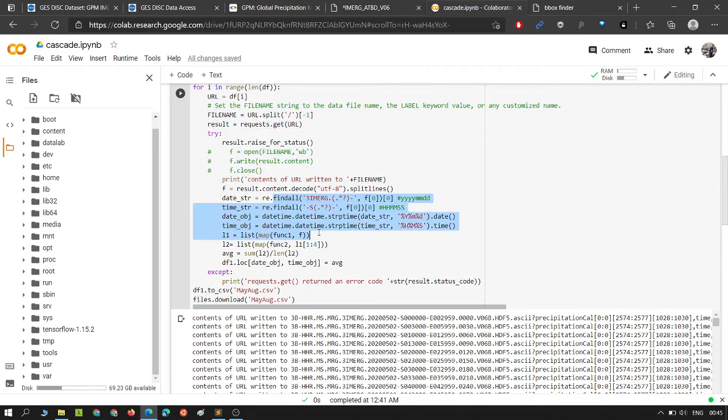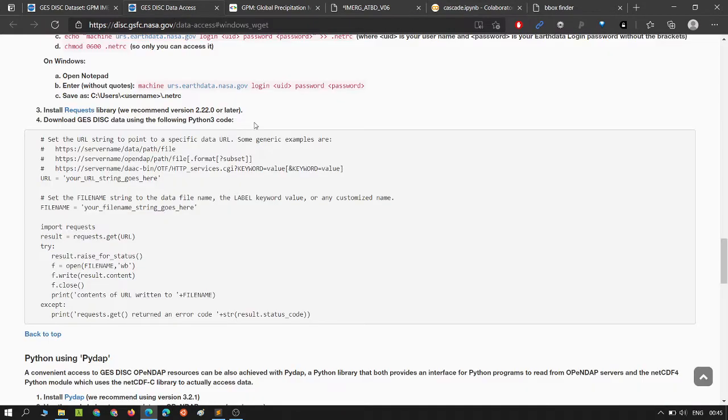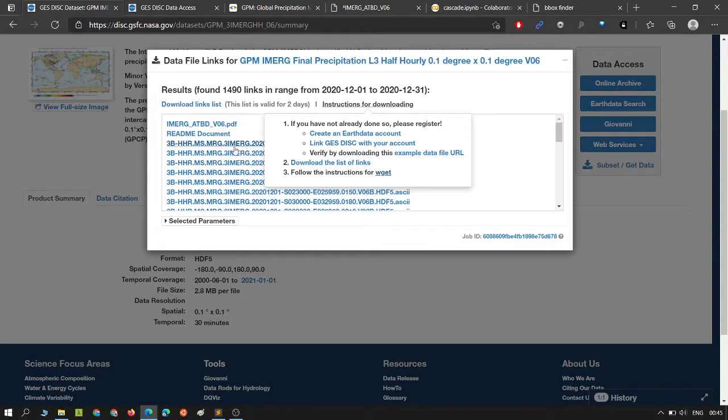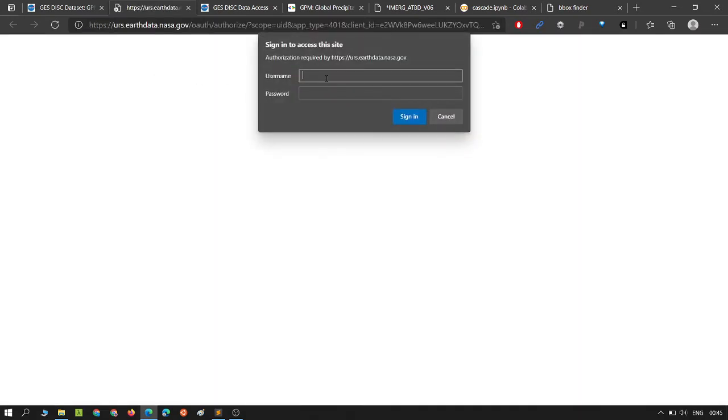Here, because we are downloading 3mug, if you look at the format, let me show you one. If you open any of the links, this link puts a get request, and okay, it is asking for authorization.